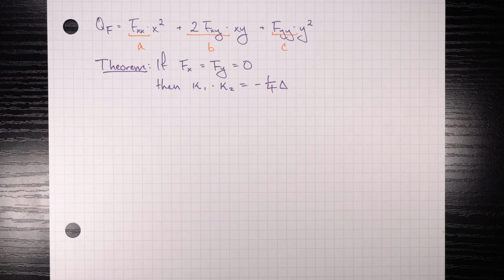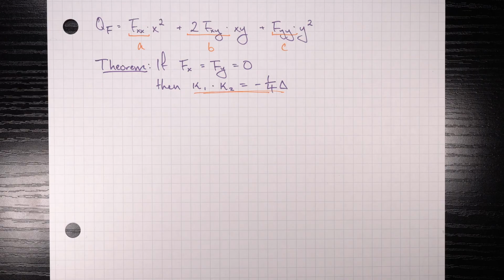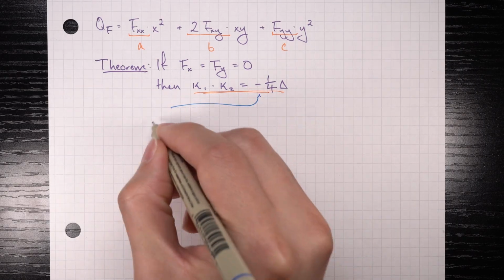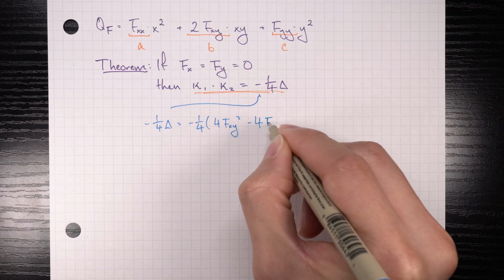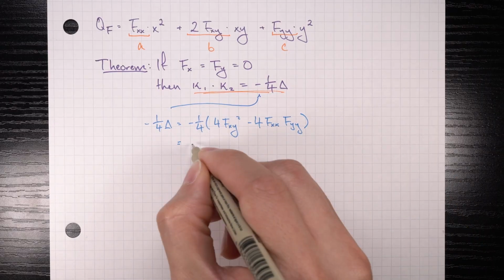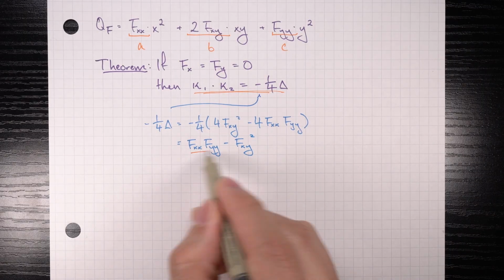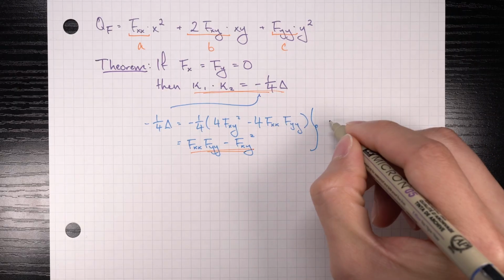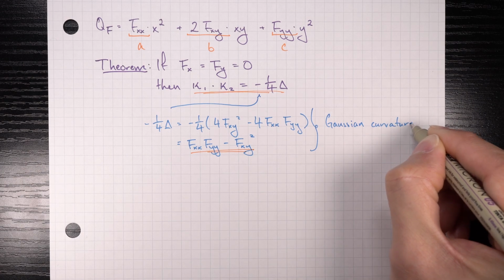And there's this miraculous connection between the principal curvatures and the discriminant of the quadratic formula. Up here, I just have our horizontal tangent plane assumption. Then if we take the product of our principal curvatures, we get minus 1/4 times the discriminant of Q sub f. Since the coefficients of Q sub f are made of the second order partials of f, let me also rewrite this in terms of these second order partial derivatives. And we get this, well, maybe slightly cleaner expression. Now, this product of the principal curvatures is something called the Gaussian curvature, something that we usually denote with this